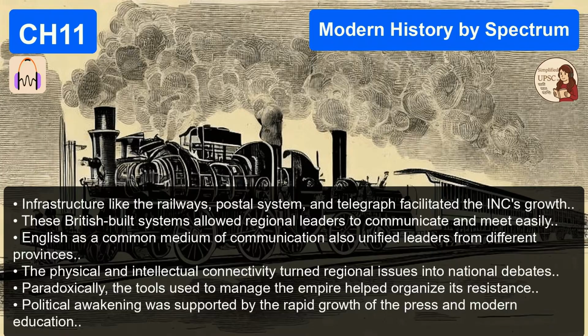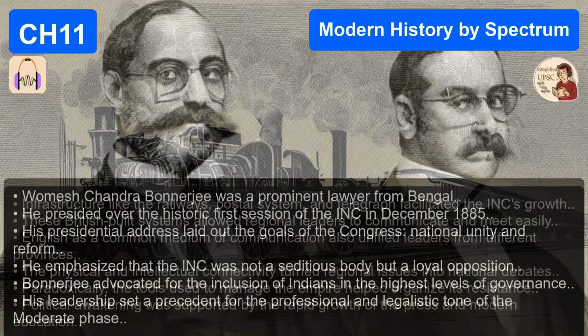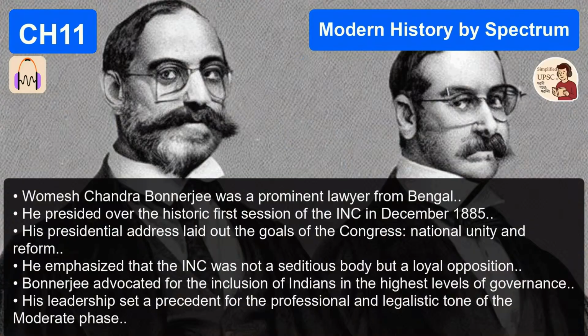And what was their overarching vibe? Because the label moderate implies, well, it implies they were soft. It implies caution, yes. And their ideology was fundamentally rooted in 19th century British liberalism. What did that mean in practice? This is a crucial point to grasp for the exam. The moderates did not hate Britain. No. In fact, many of them deeply admired British culture. They admired British common law, British literature, and especially the British system of parliamentary democracy. They saw Britain as an advanced civilization. Yes. They actually believed that British rule in India was, in the grand scheme of things, beneficial. They sometimes referred to it as a providential mission.